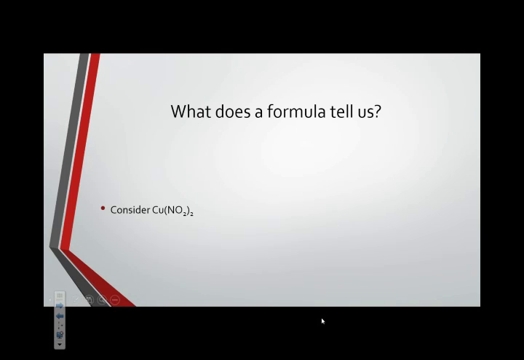What does the formula tell us? Well, let's consider copper nitrite. In terms of moles, we know that if we have 1 mole of this substance, NO2, actually, let's back up for a minute. Rather than starting with moles, let's say we have 1, I want to say formula unit. Oops, I'm erasing. 1 formula unit,